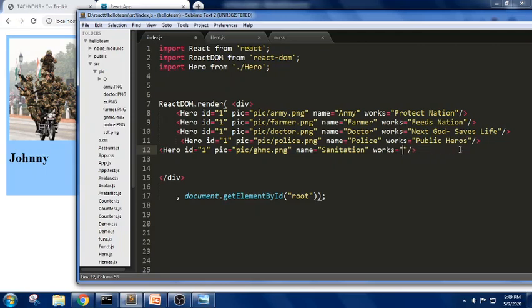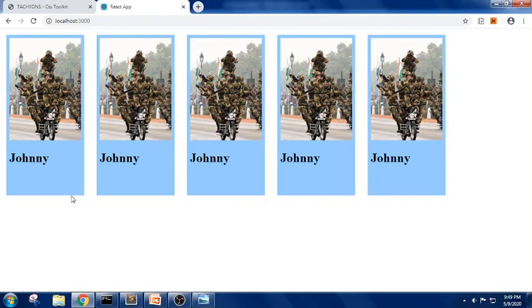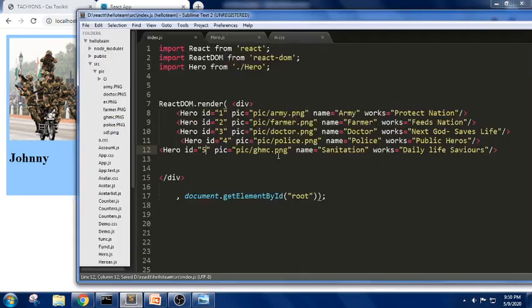Next one, daily life saviors. So I just want to dedicate this code for this current scenario I'm trying to use. I'm trying to take different ID names here, 2 followed by 3, 4 and 5. Let me take 5 different images. See here, we were not getting this. Instead of using this, if I want to use these properties,